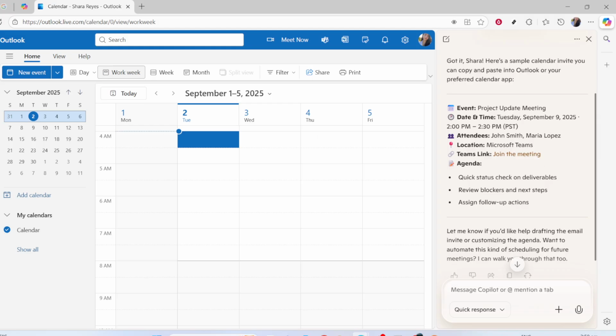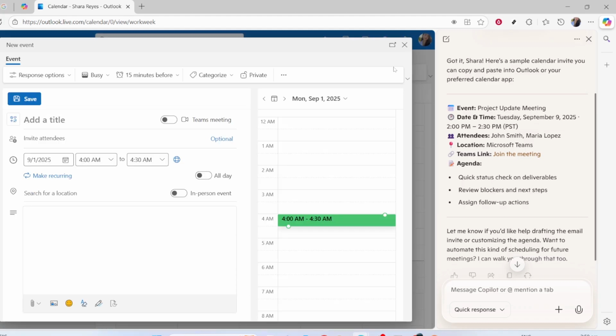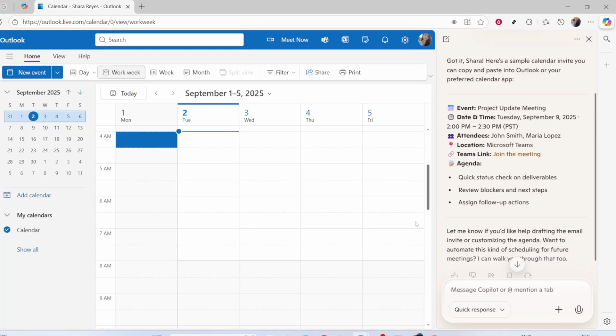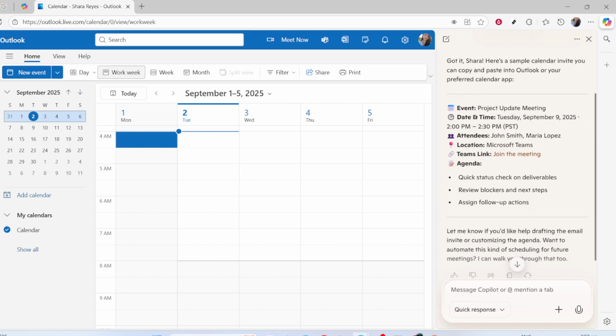What will happen next is quite impressive. The Copilot will take your instructions and generate a draft of the meeting invite. This draft will include all the crucial details, such as the date and time you've specified, the attendees you've mentioned, and a Teams meeting link, which is incredibly useful for virtual meetings. It may also provide a suggested subject line and meeting description to give your invitees more context about the purpose